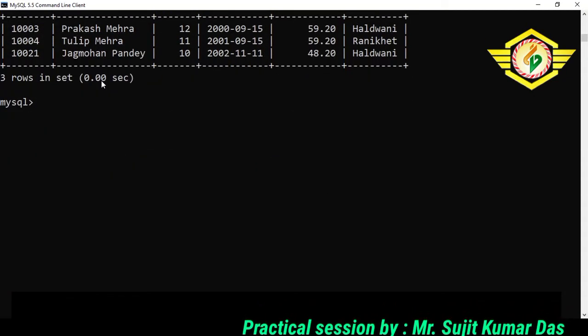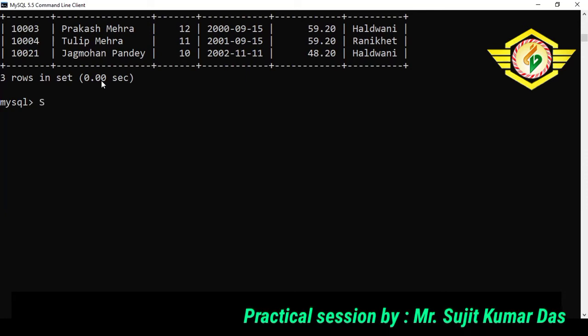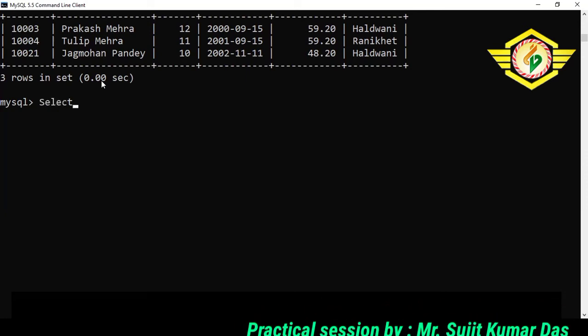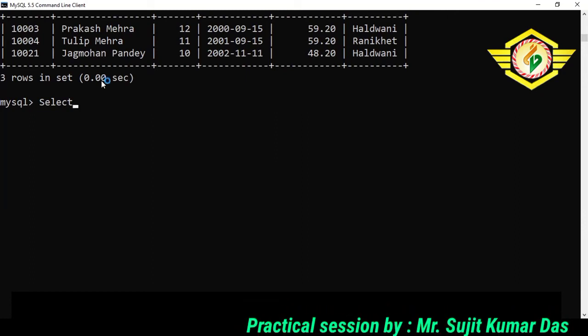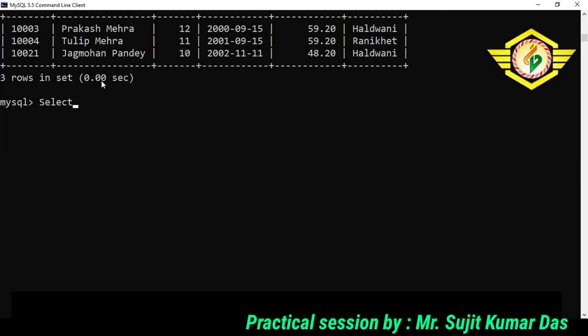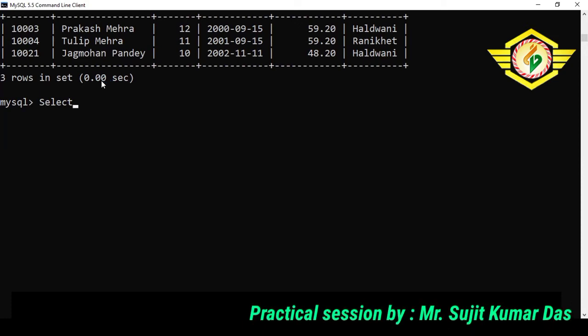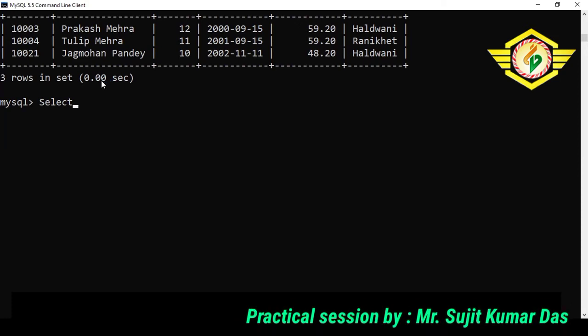Okay, the commands that we will use with where clause. The first one is range. If you are given a range, the command you use is, I think you remember, BETWEEN AND. So let us see the example.